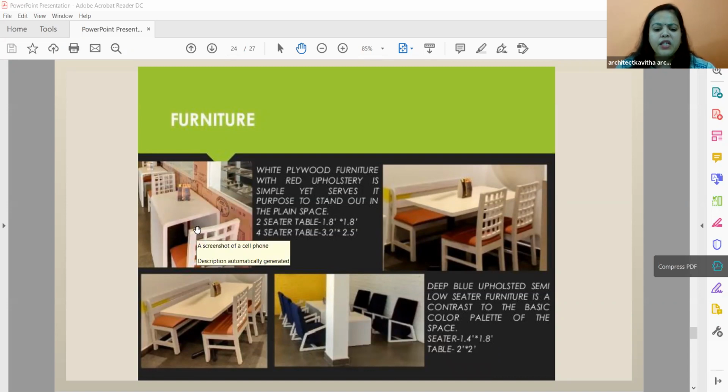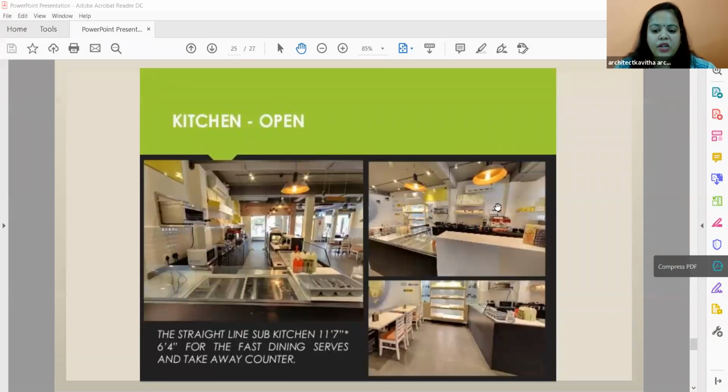You can zoom and see the details. Sometimes there is something that you find interesting, maybe a cupboard or something. You can take a single photo of that particular thing and write also. So you have to write. Every photograph should have some text with it. What have you observed in it? So that will help you when you are reading it, when you want it for your design purpose. Then your kitchen. So the kitchen was in L shape.